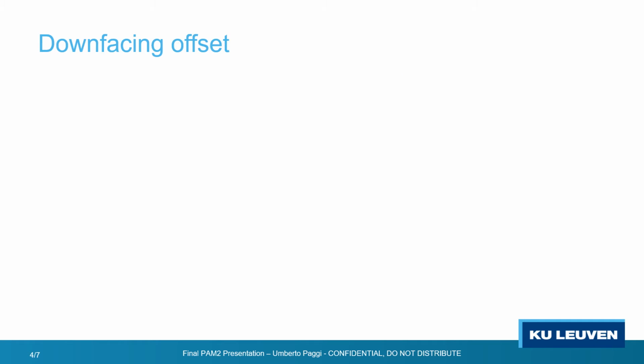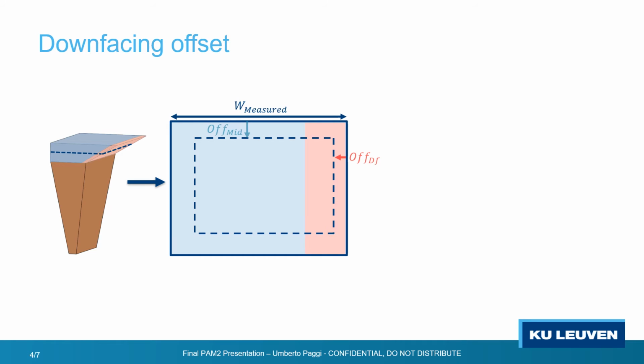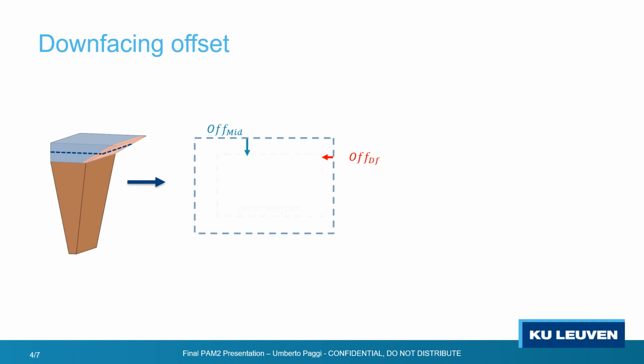A fair solution to the down-facing problem is a geometrical compensation in the XY plane. If we print a CAD model without any correction, the laser will scan the contour of every cross-section, creating a melt pool that extends over the intended size of our part. Therefore, we will produce a slightly bigger object. For this reason, an offset is applied which shifts the contour slightly inwards so that the final printed part is